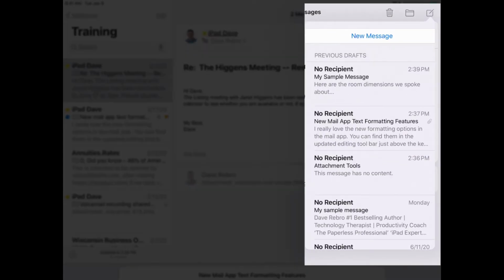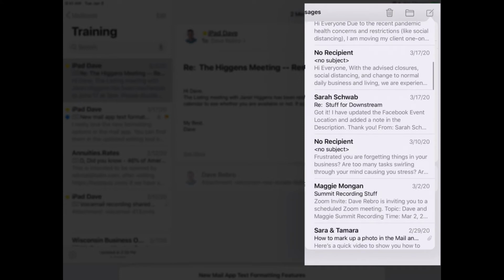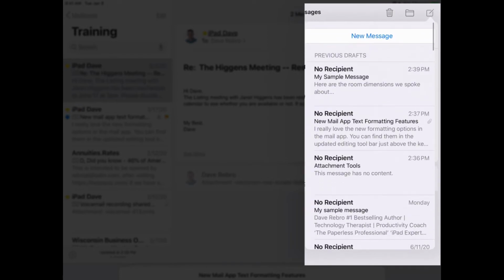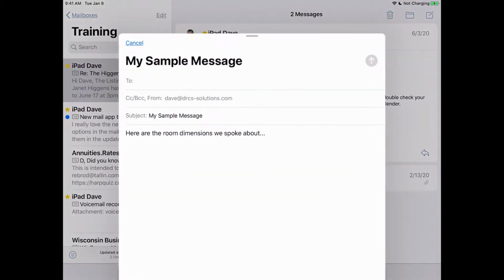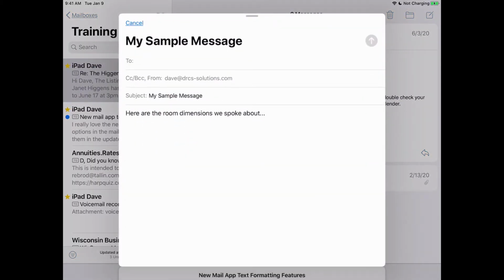Notice your draft message is listed in the Previous Draft section. If you have more than one draft message, you will see them all listed here. Simply tap on the draft message to resume working on it. Pretty slick, isn't it? Now keep in mind, you can still use the Park Message feature from the previous versions